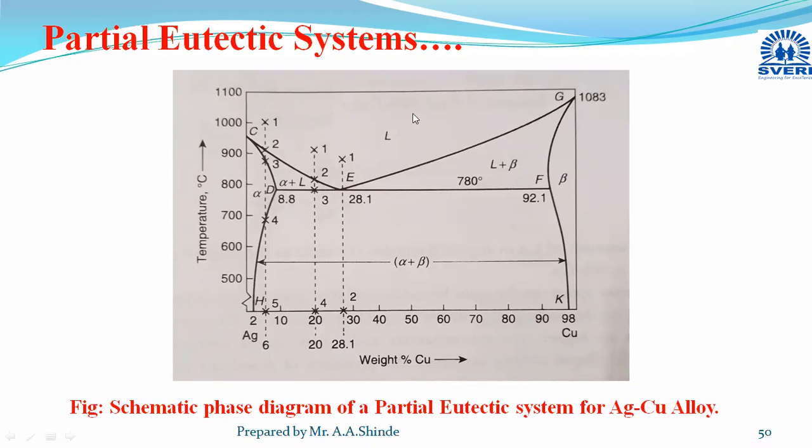If suppose in this region we have a hypereutectic alloy, then the same microstructural changes will be there. Just you have to change. Please observe this region here. Instead of alpha, just write beta. Remaining will be the same. Instead of alpha, take the beta phase, and instead of beta, take the alpha phase. For this region, alpha plus liquid here, here liquid plus beta. Remaining microstructural changes or diagrams will be the same.